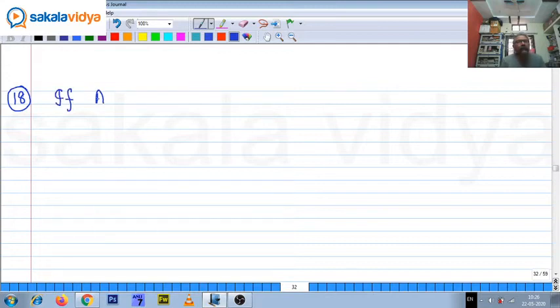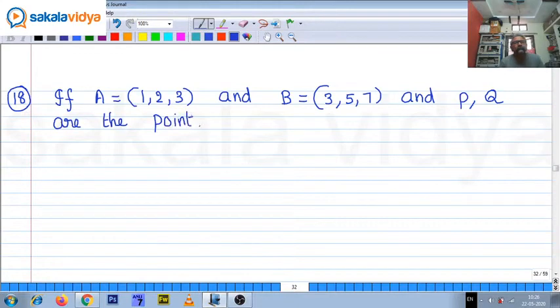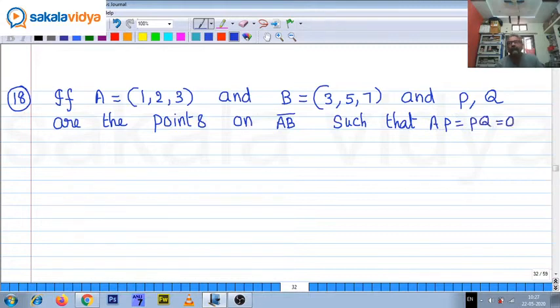If A equals (1, 2, 3) and B equals (3, 5, 7), and P, Q are the points on AB such that AP equals PQ equals QB, then the midpoint of PQ is